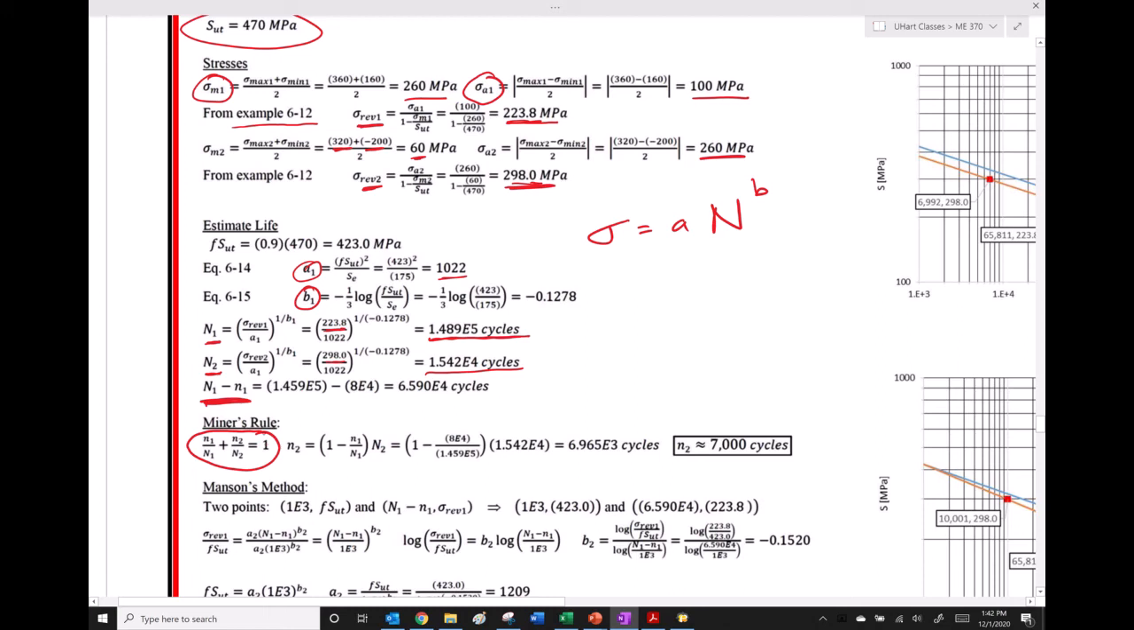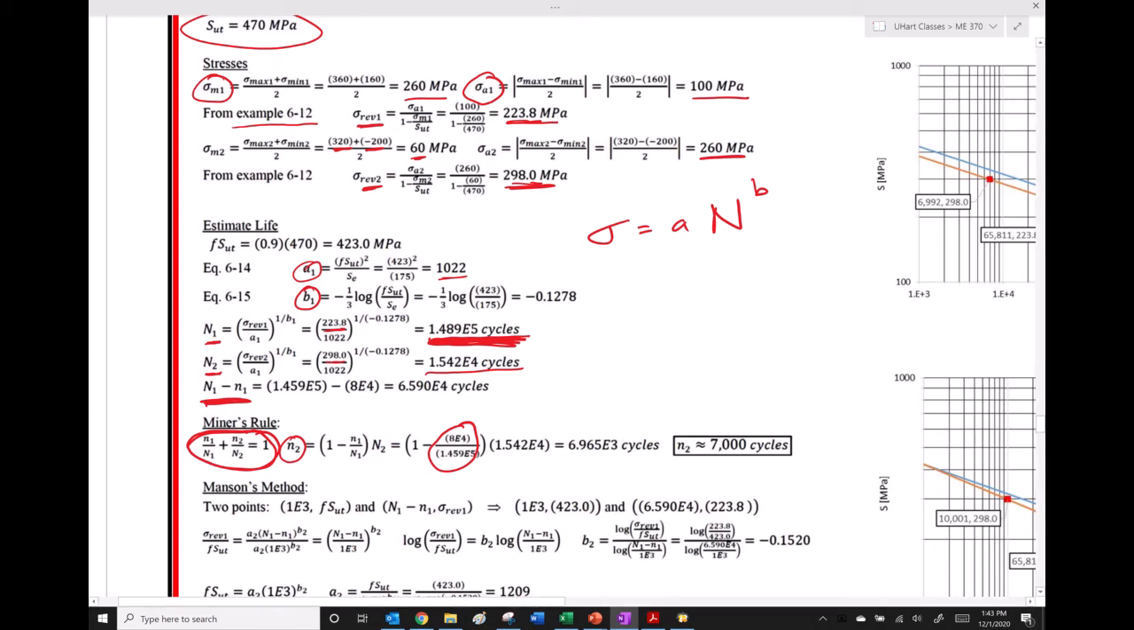Actually, we didn't need that last step before using Miner's rule. The very simple Miner's rule, we just rewrite this and find out little lowercase n2 is going to be, and that's really just subtracting out the damage fraction. That 80,000 divided by that original number of cycles that it could have lasted, that's the percentage. So that might be an interesting thing for us to take,